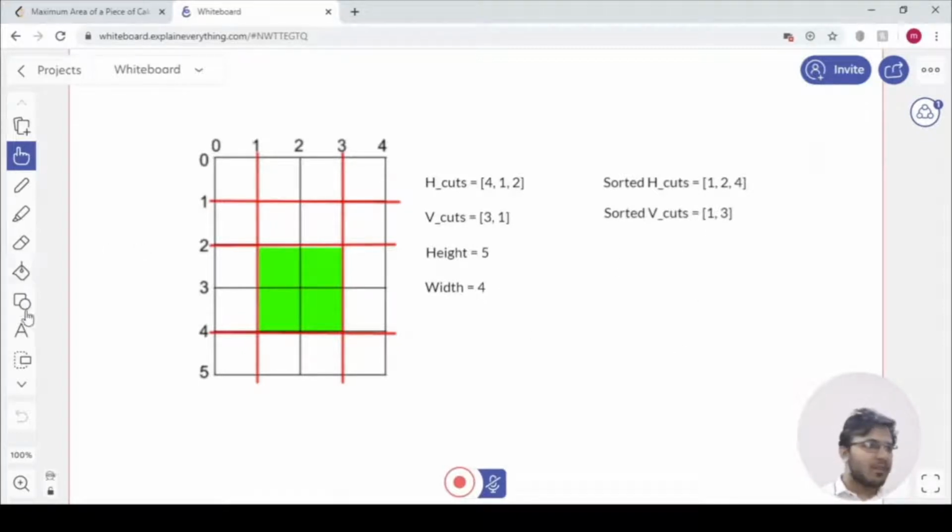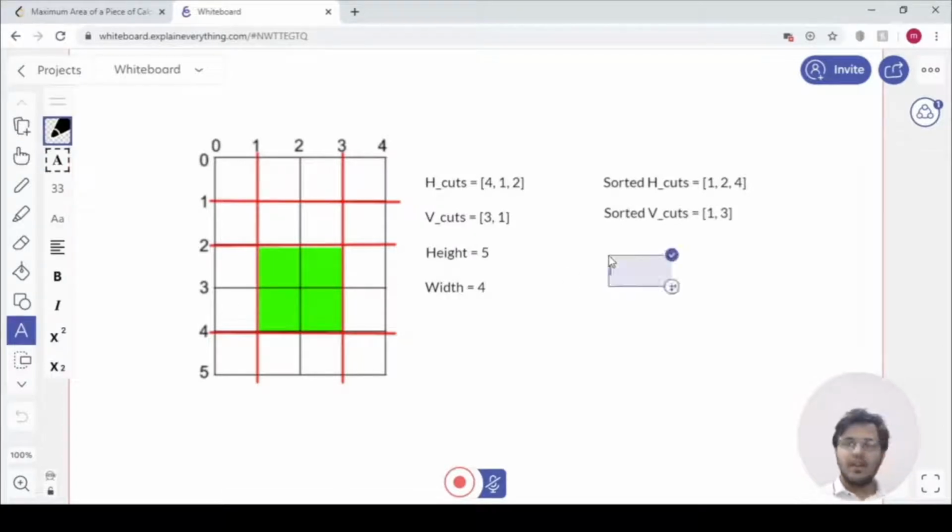So now let's make a difference array, like h difference is equal to, the first difference was from top to the first horizontal cut, so it would be 1. Then here it was 2 minus 1, this cut, that was also 1. Then this cut here was 4 minus 2, so that will be 2. And the last will be the total height minus the last cut, that is 5 minus 4, that would be 1. So we have made the difference array for horizontal cuts, that's the vertical distance.